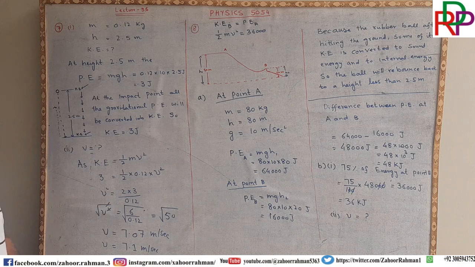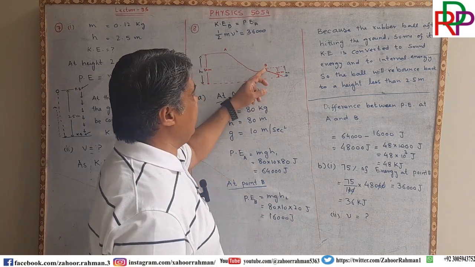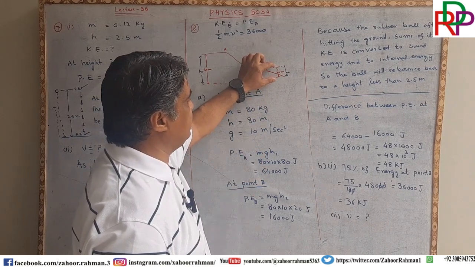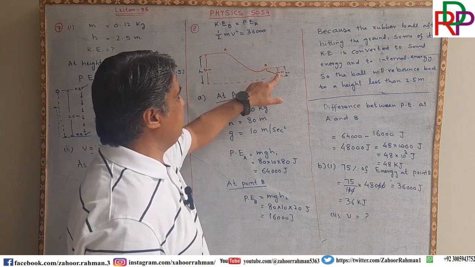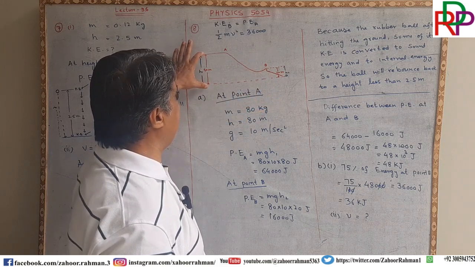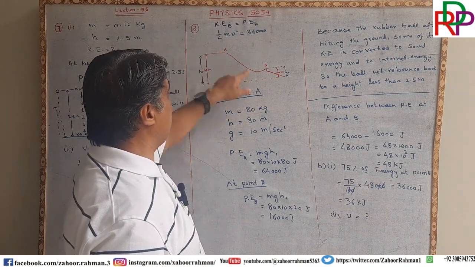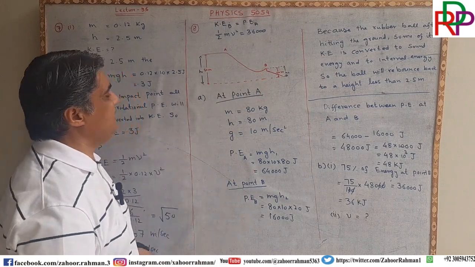We found that 36,000 because the height is here, so it will play a very important role inside this 20 meter. That B will be 20 meter and here it is 80 meter. So don't consider that the whole of the potential energy will be converted. At B it is